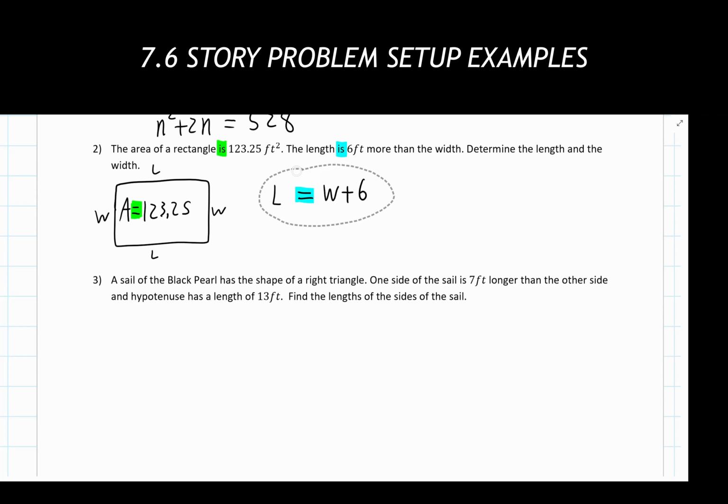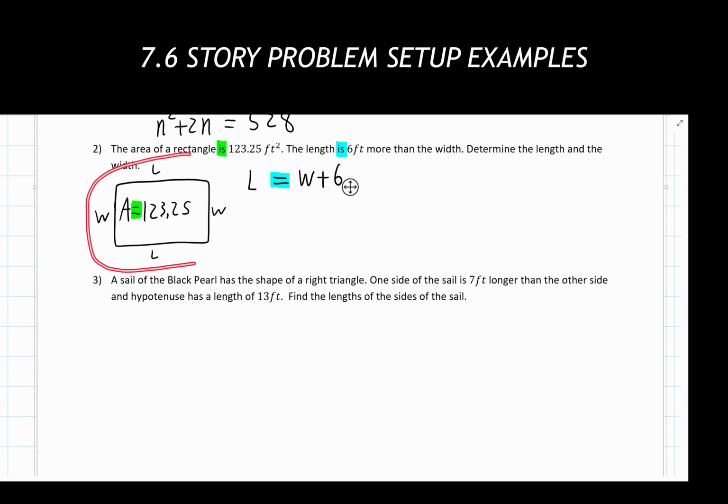So I'm going to move this over just a little bit so I have some space here. And now I have a bit more information about the general shape of this thing. I know what the area is. I have some more specific information about the length and width. And now I need to bring all of this together and say, well, is there any other information that could be useful within this problem? Well, I've been told that I'm finding the area of a rectangle. So what do I know is the equation for the area of a rectangle? Well, our general equation for that is area is equal to length times width.